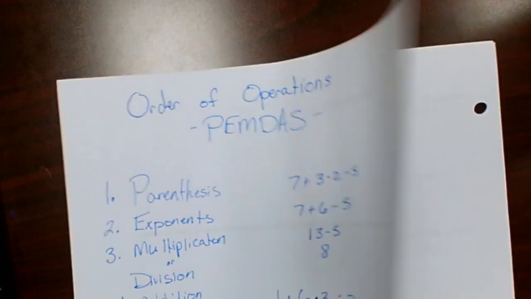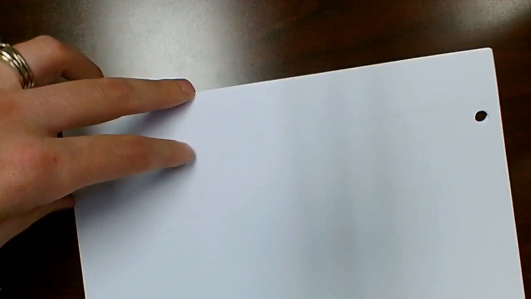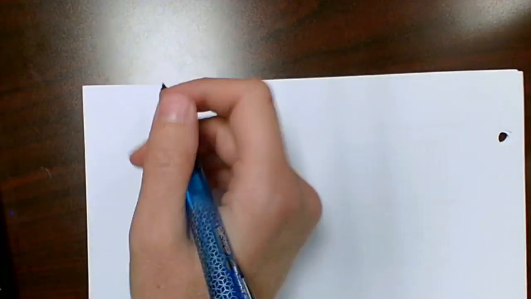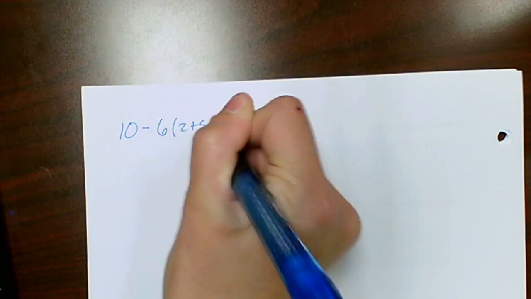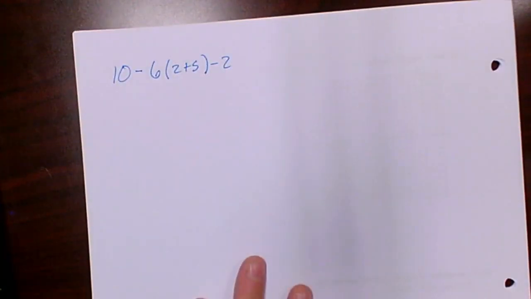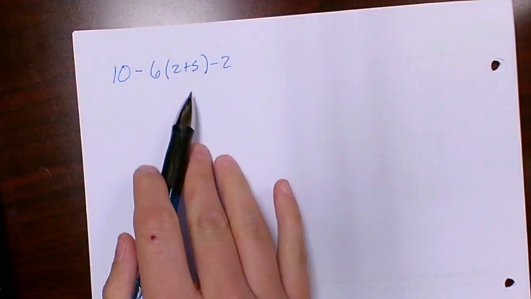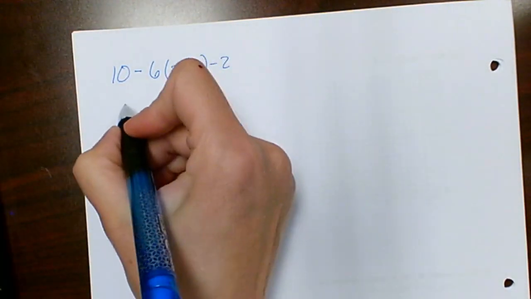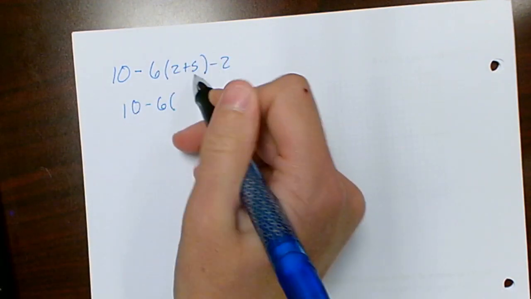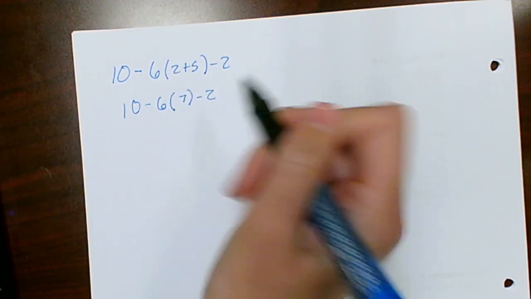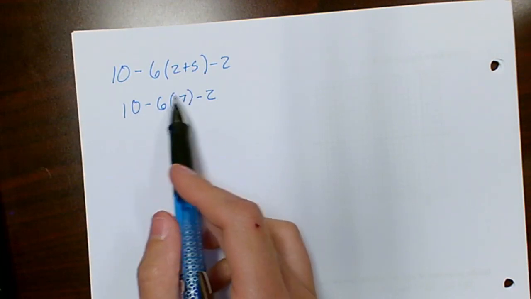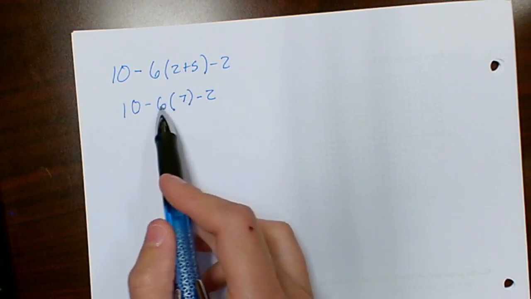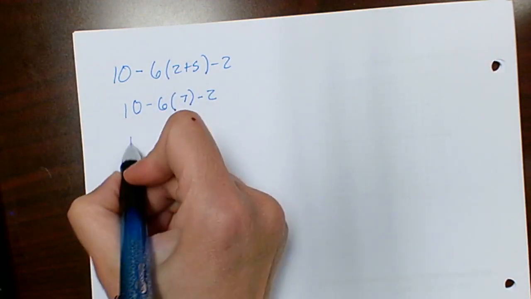So let's go ahead and look at some examples with parentheses in it. Okay, the first thing we need to do is simplify the parentheses. 5 plus 2 is 7. Now this 6, or negative 6, times the positive 7, this is a multiplication. So multiply,